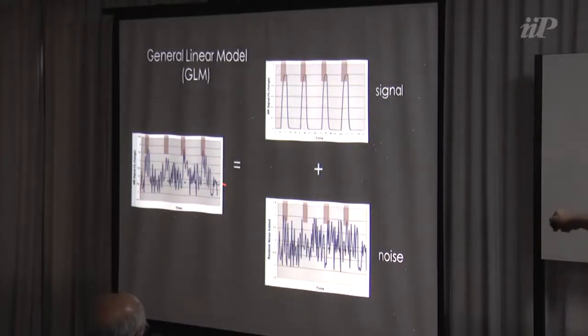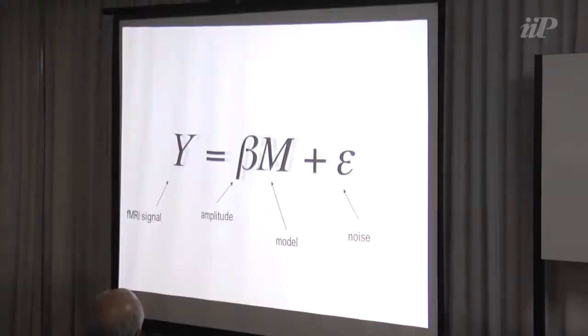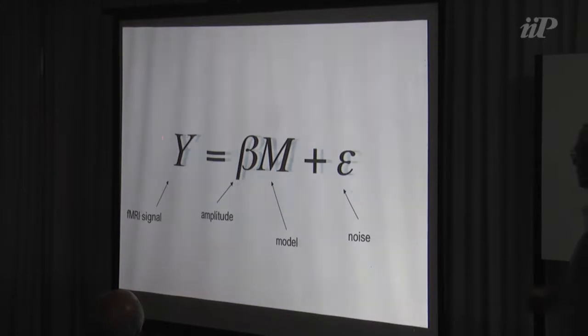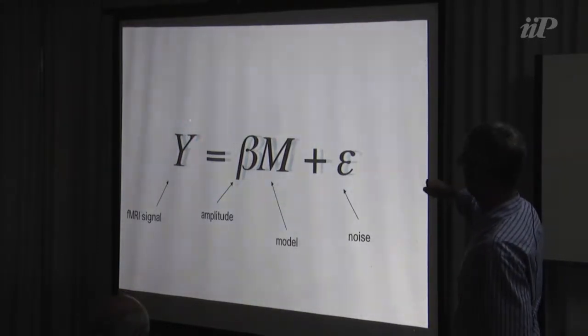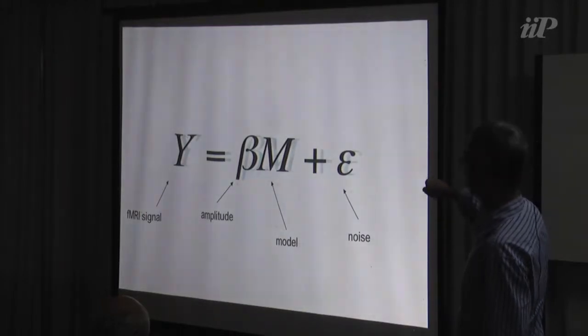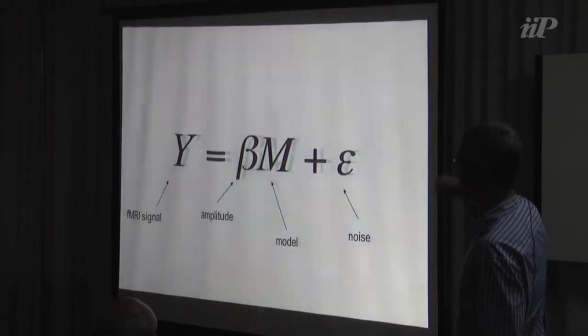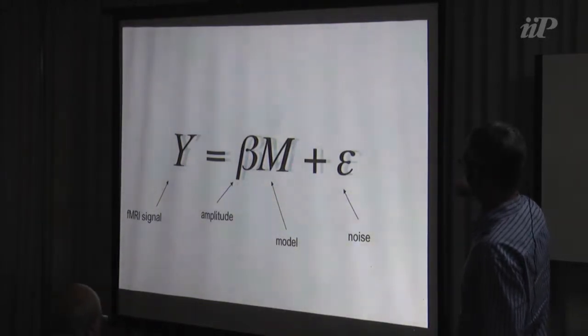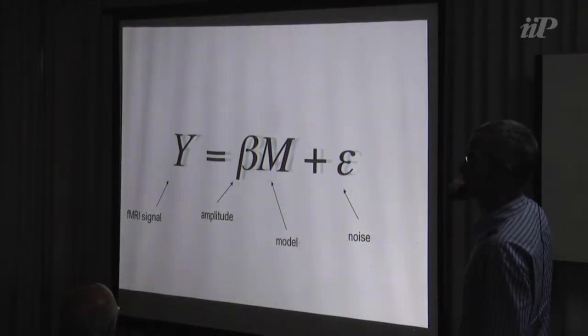So you can model the right hand, the left hand, both hands. You can model whatever. And then you model your time series as a signal plus noise. So this is what you have. This is the problem you have. This is what you have acquired, let's say, for a single voxel. For a single voxel, you're saying that the time series of that single voxel equals the model that you created plus noise.